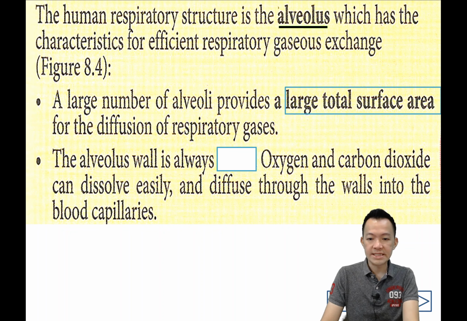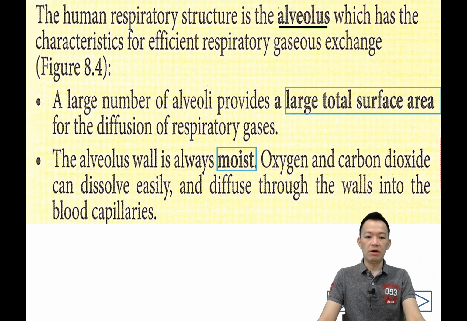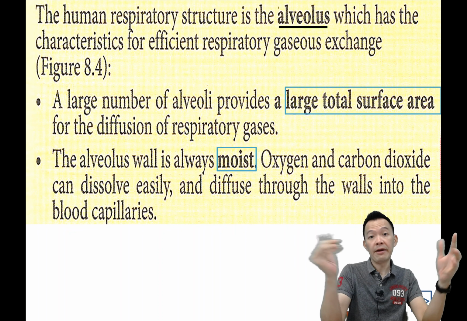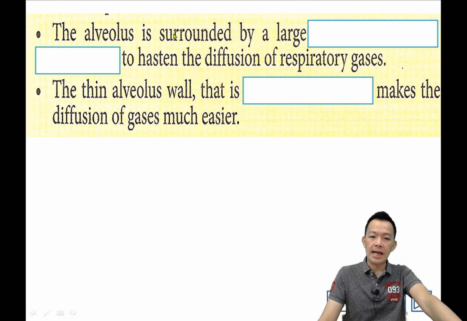And the alveolus wall is always moist, 它的墙壁永远都是湿湿的. Oxygen and carbon dioxide can dissolve easily and diffuse through the wall into the blood capillary, 湿湿的表面给它溶解进去，方便它渗透. 这4句话等一下会变成非常好用。